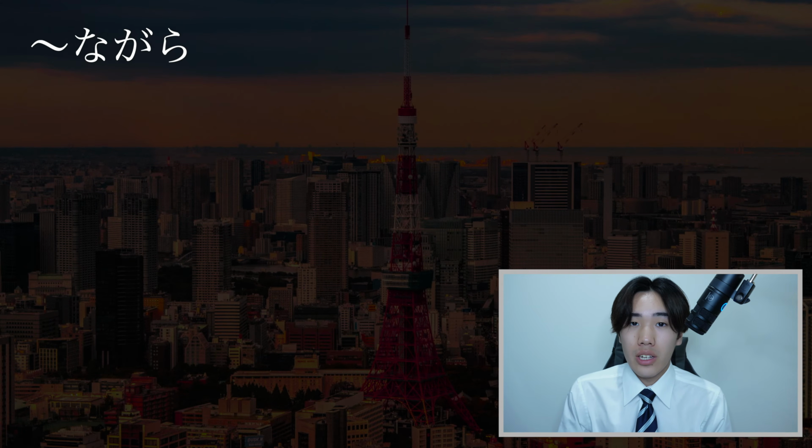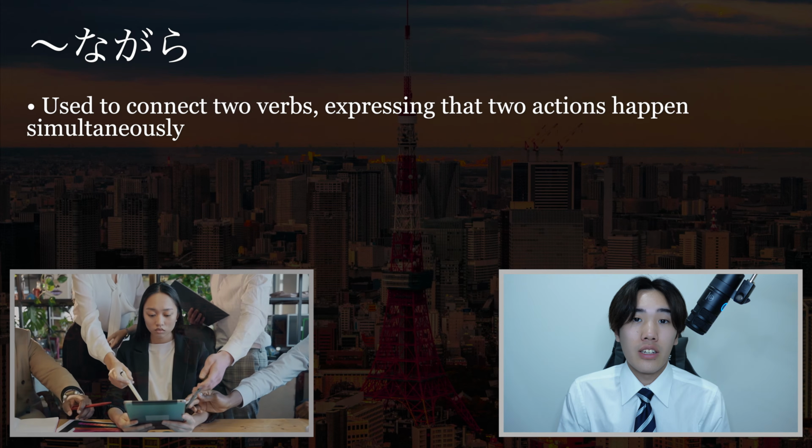This is Kensei Sensei, and in today's lesson, we're going to be talking about how to connect actions in Japanese. In particular, we're going to be looking at two new grammar points. One is nagara, and the second is tari or tarisuru. Let's get right in. So with the first grammar point, nagara, this conjugation is used when we're connecting two verbs